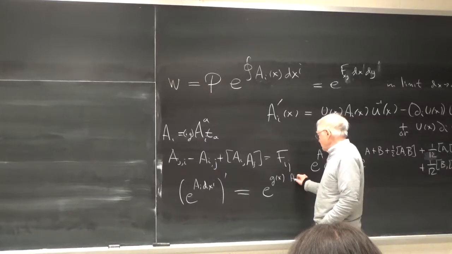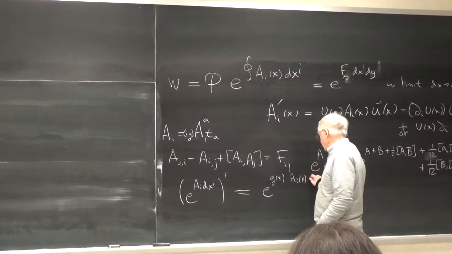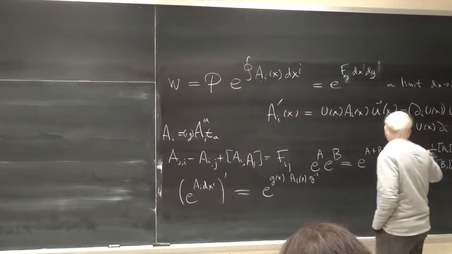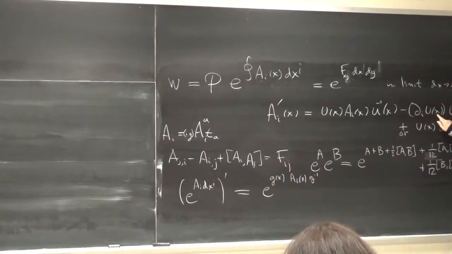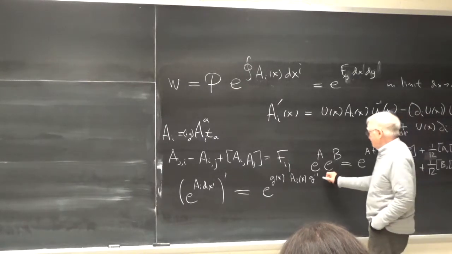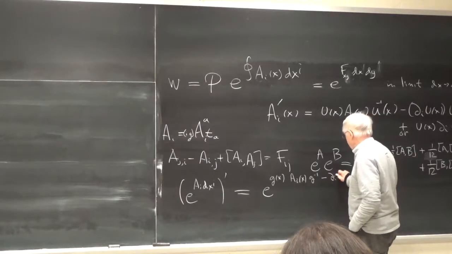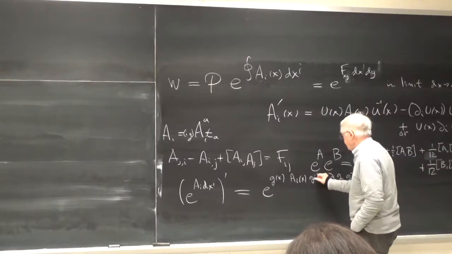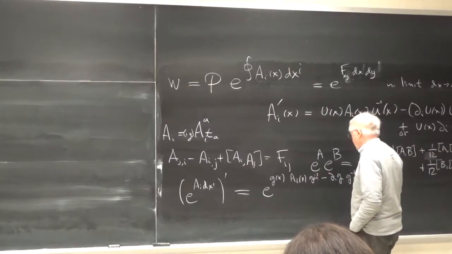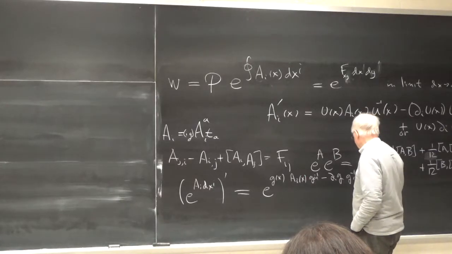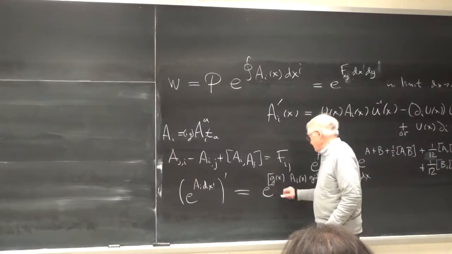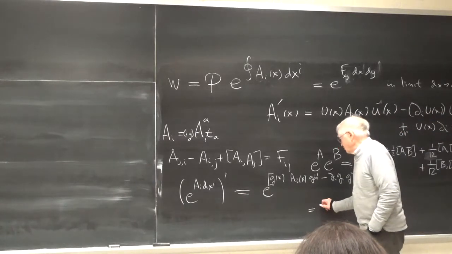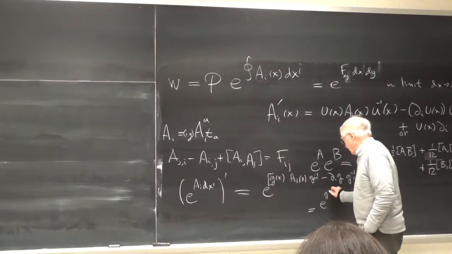So this is g of x A_i of x g inverse of x, and we can do it this way or the other way. If we do it the first way, then it's d_i g of x, g inverse of x, and all of this times dx. And so what we want to do is show that this is e to the g of x